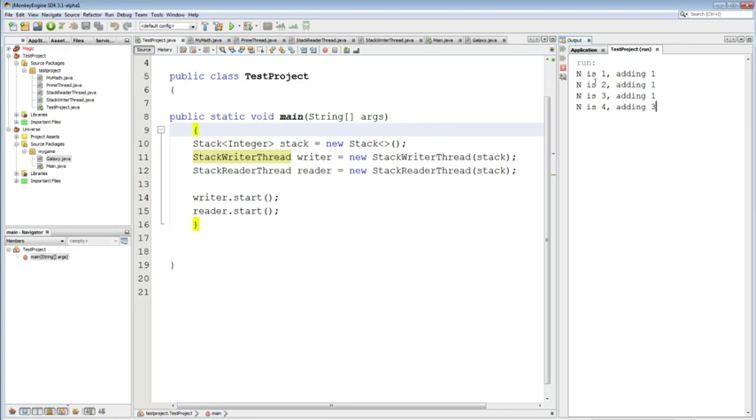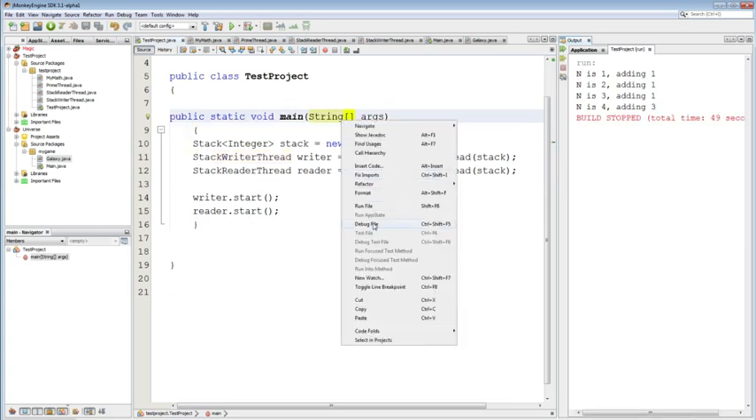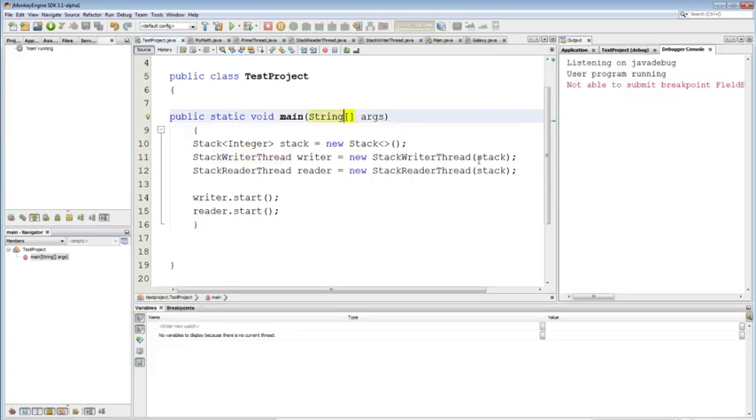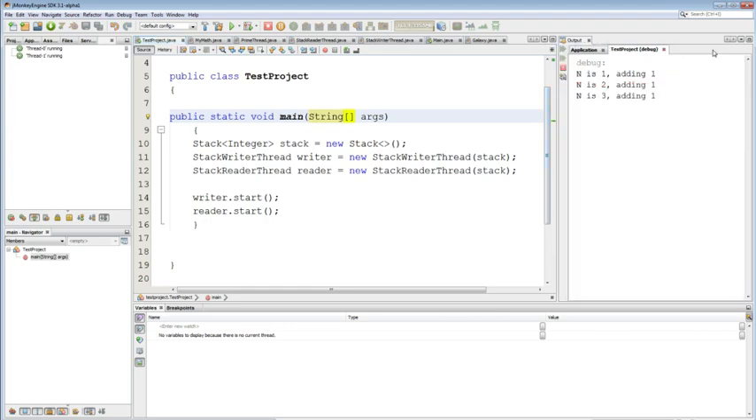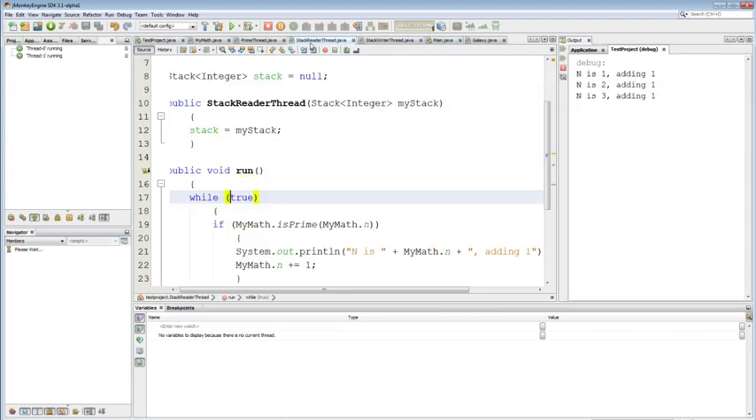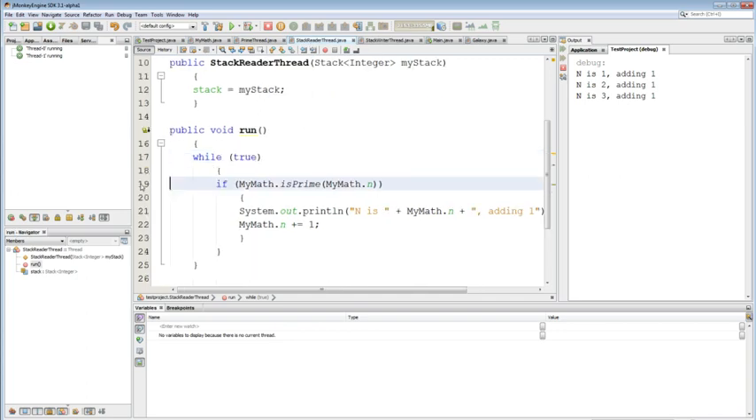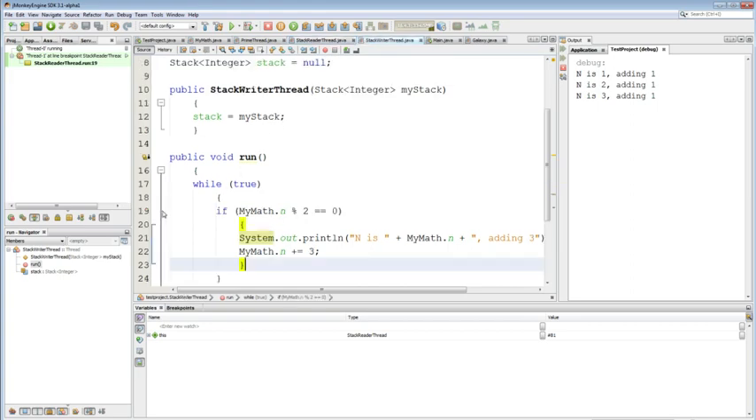Maybe I can. I'm going to debug it every time. This is going to be cool. I want to see what number generated that. Okay, here it got stuck. So let's take a look at the reader. Let's see what number we're looking at. Where is it? I'm looking at this one. N is 4. So it's not prime, and the stack reader,